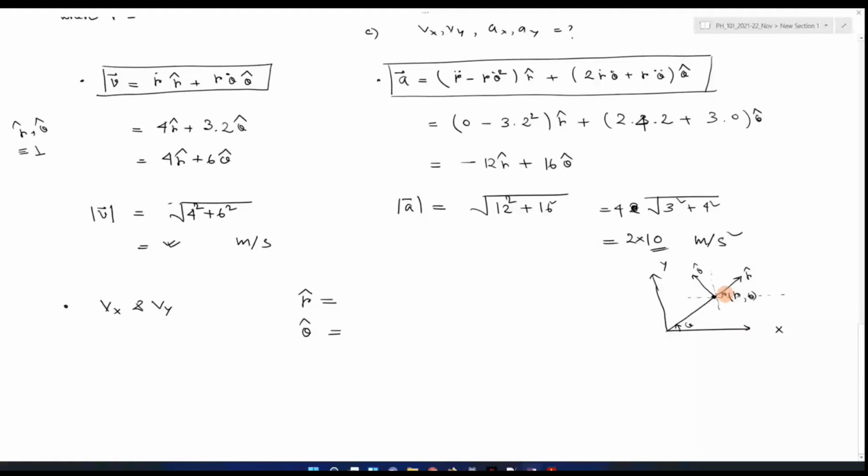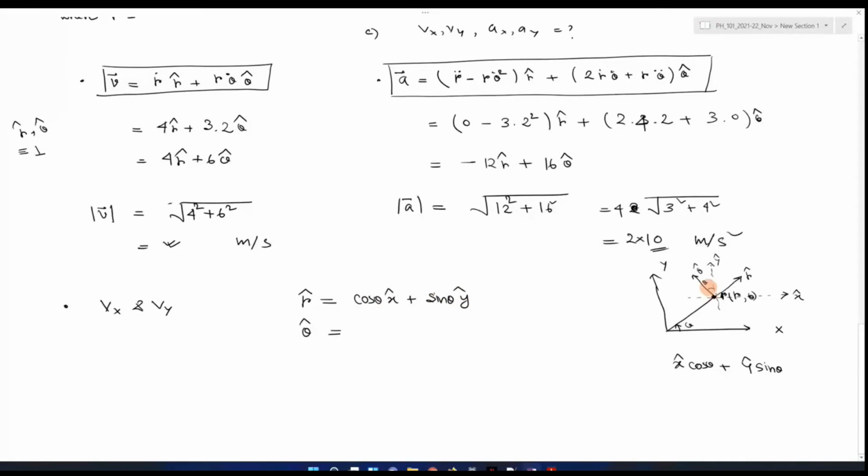So this is θ. This is also θ. Now see, this one and this one are parallel. So this can be written as x cap and this can be written as y cap. If you take the component of x cap along r cap, it will be x cap cos θ. This angle directly making is θ, plus y cap, whose angle is 90 minus θ. So it will be y cap cos(90 minus θ), and that's why it will be sin θ. So simply r cap can be written as cos θ x cap plus sin θ y cap.